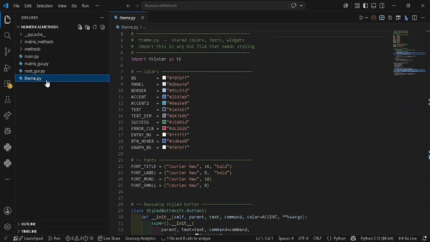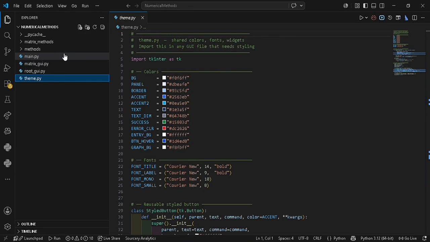The theme.py is a file I created to centralize all colors, fonts, and reusable widgets like the style buttons and error pop-ups, so the entire app has a consistent visual style controlled from one place. Anytime a GUI file needs a button or needs to show an error, it just imports from theme.py instead of